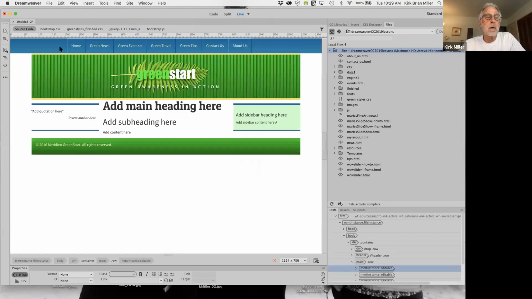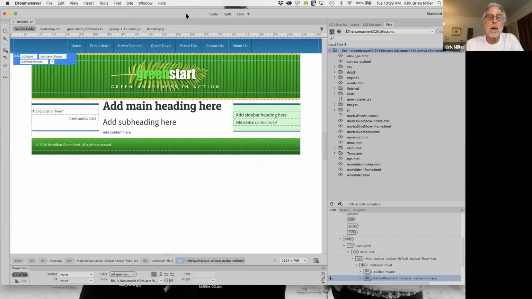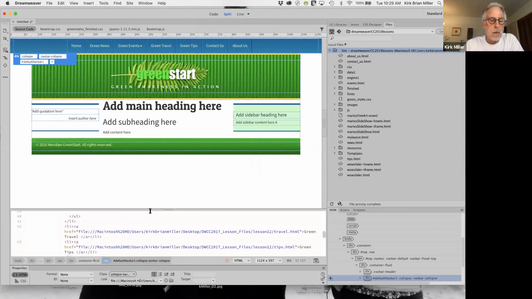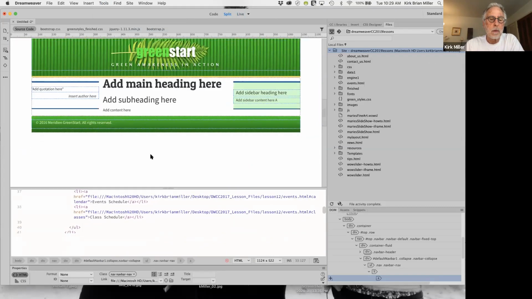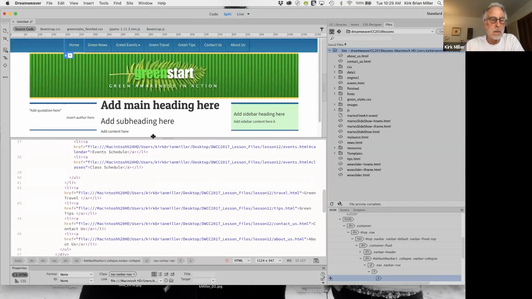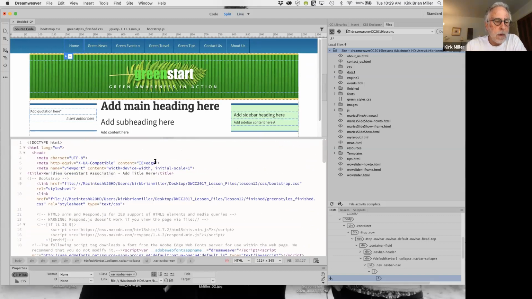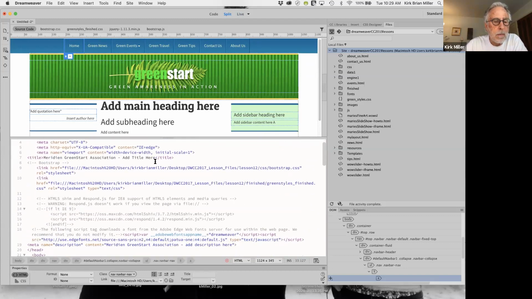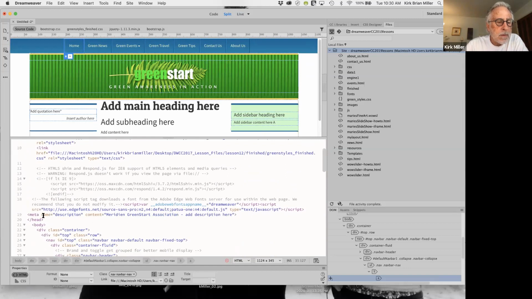And I'm just going to click anywhere inside here, make sure that I have the split view up here. And let me move up, because all of this is just copy and paste. I'm going to go ahead and move this up a little bit so we can see a little bit better. And I'm going to go all the way up to the top of our document here. And there's the title. There's the closing